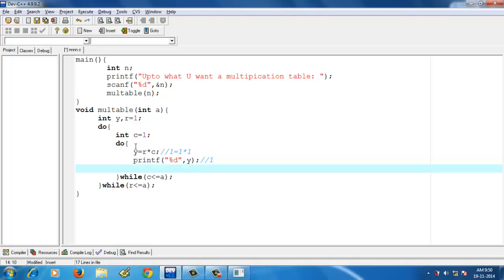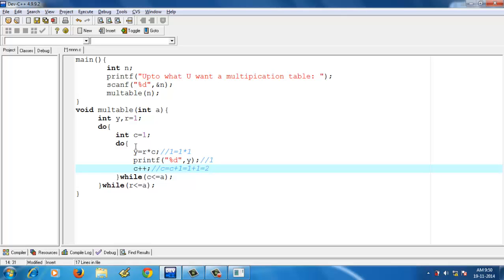Then I need to increment the c value as c++ by 1, so c equal to c plus 1, equal to 1 plus 1 equal to 2.